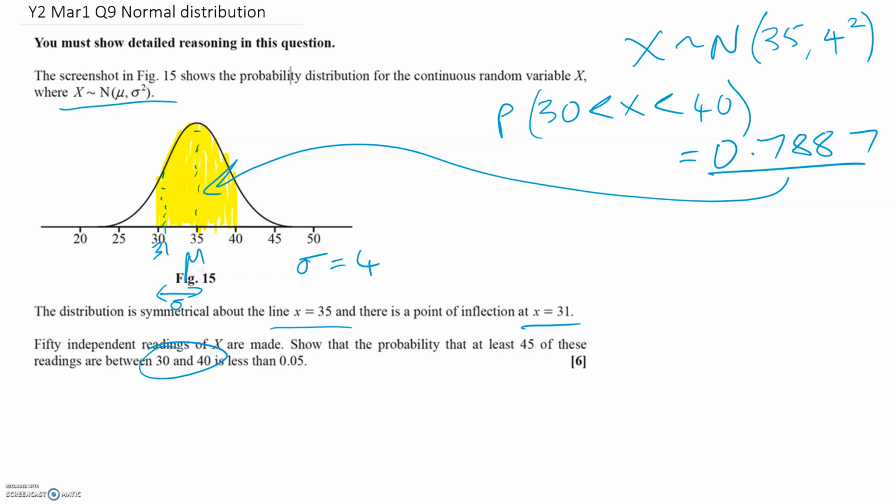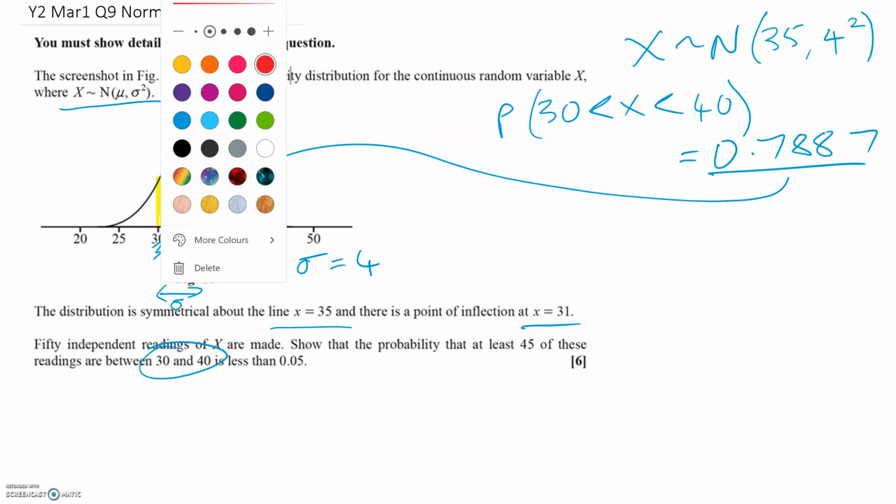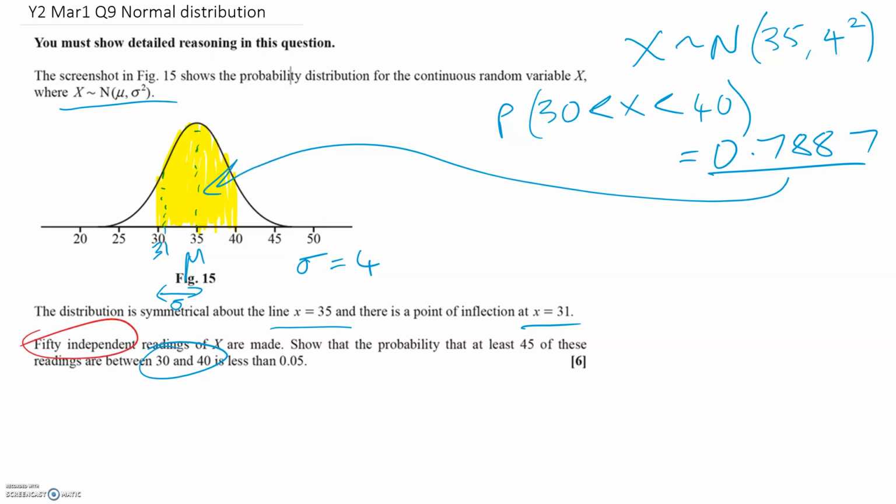And now the question is talking about there being 50 independent readings of x, and you want to find the probability that at least 45 of these readings are between 30 and 40. So now this changes to a binomial type question, because there's 50 readings being made, and the probability that each one is in the region 30 to 40 is what we got above, which is